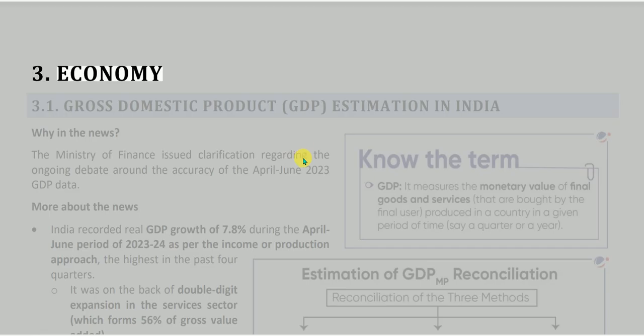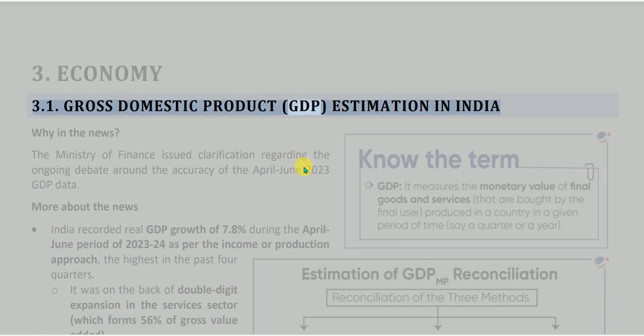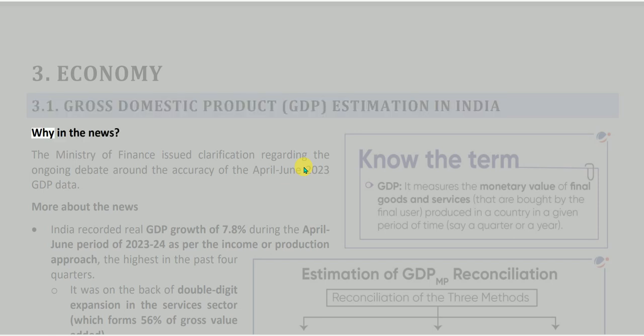3. Economy. 3.1 Gross Domestic Product, GDP, estimation in India. Why in the news? The Ministry of Finance issued clarification regarding the ongoing debate around the accuracy of the April to June 2023 GDP data. More about the news. India recorded real GDP growth of 7.8% during the April-June period of 2023-24,